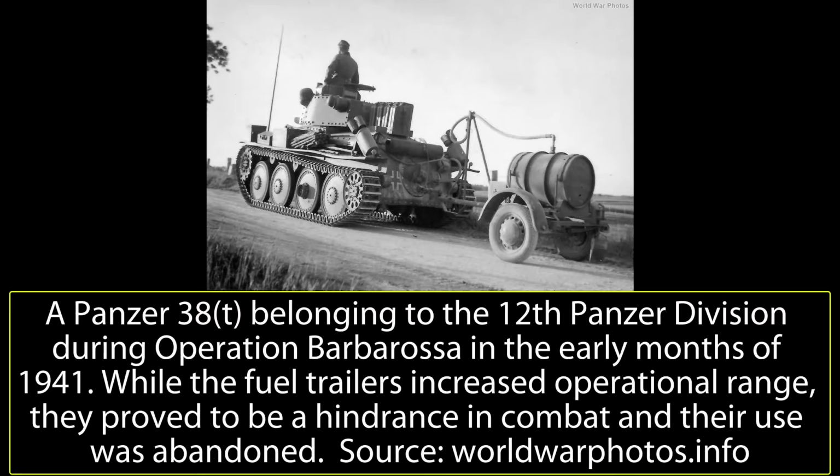For example, the 7th Panzer Division had lost some 176 vehicles by the start of 1942. Some 98 were lost as a consequence of enemy fire, 1 was captured, 52 had to be blown up due to a lack of fuel, spare parts or breakdowns, and some 25 had to be returned to Germany for extensive